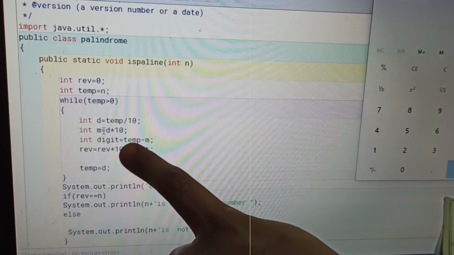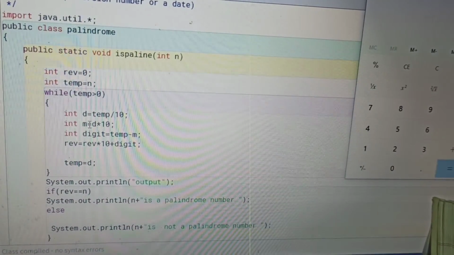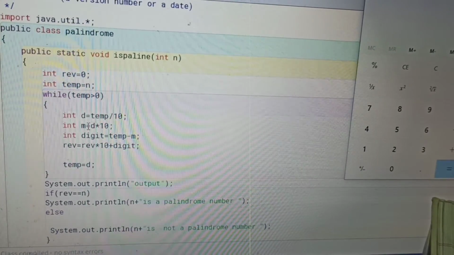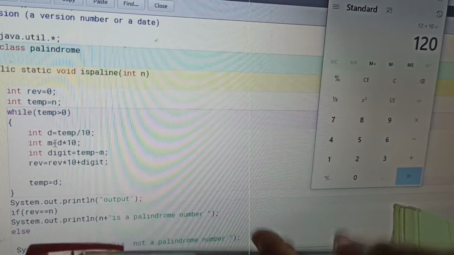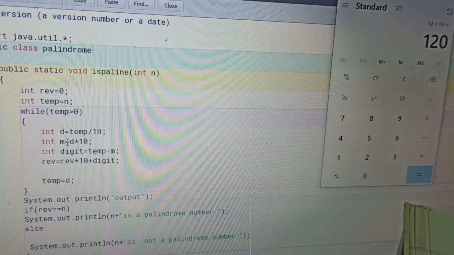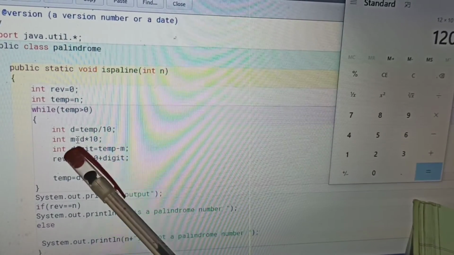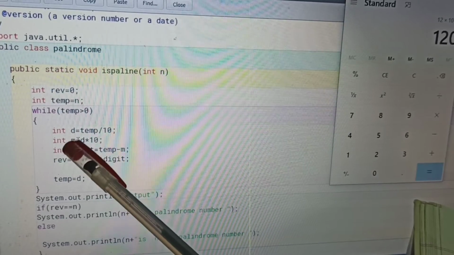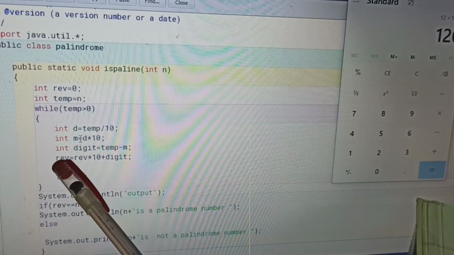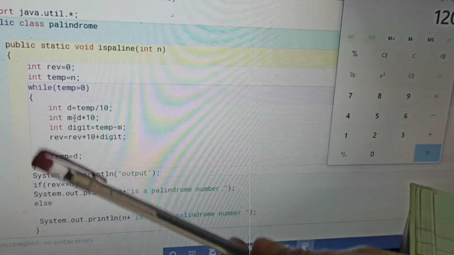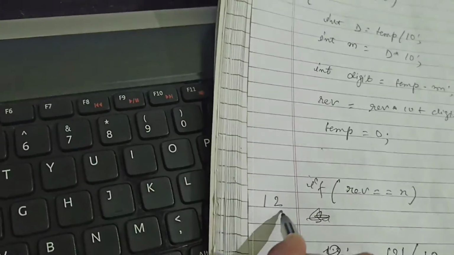Now again the temp value 12 minus 10 will give us 2. So the reverse this time will be 2, meaning the first time it was 1, and now the reverse value is 2.